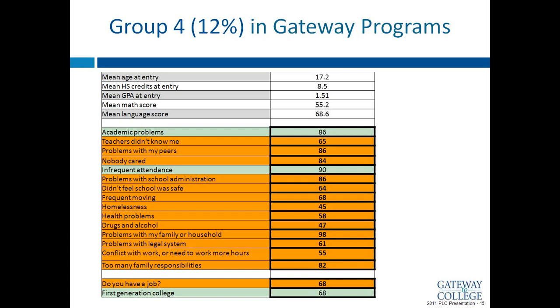And a lot of why we're in this work is so that we can have a positive impact on the lives of others. A student in group 4 might be the poster child for that idea. But you're right. I think an interesting challenge is that while these students only make up 12% of our student types, you can see that based on all the challenges that they report, they take up a fair share of resource specialists and staff time.